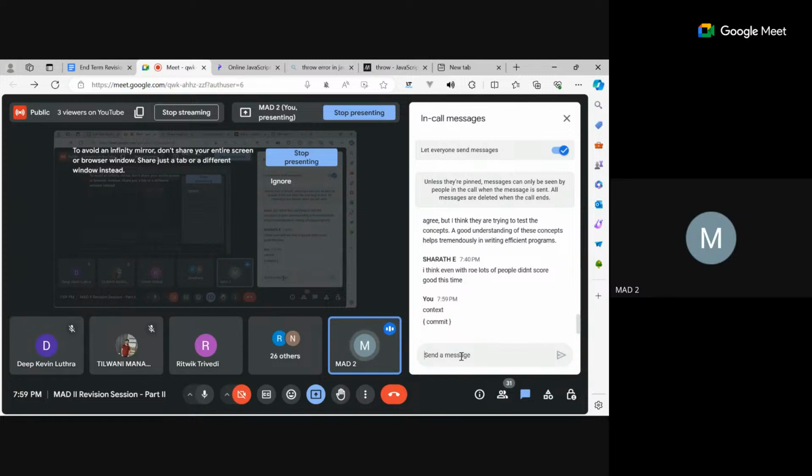For example, there is an action function, async function. Let's say this is going to get products. Sorry for the typo. If you are writing it this way, that's perfectly fine. No issues with that. And even this context can be context 1, context 2. This is not a keyword, right? But